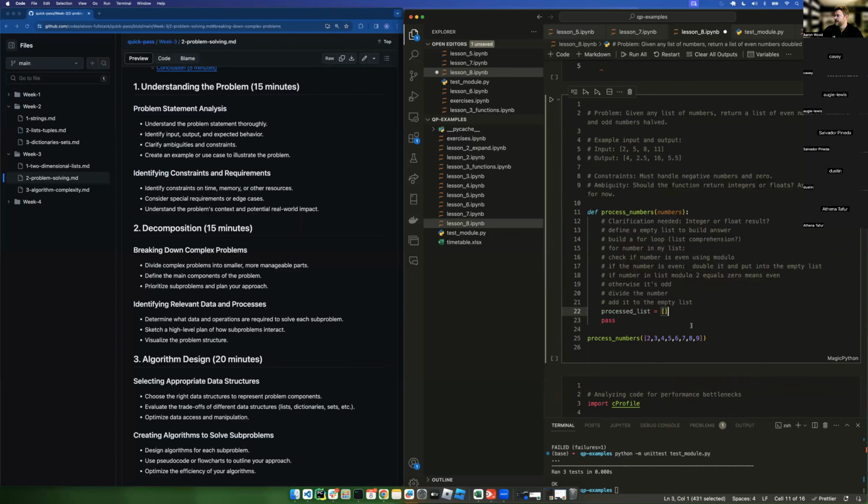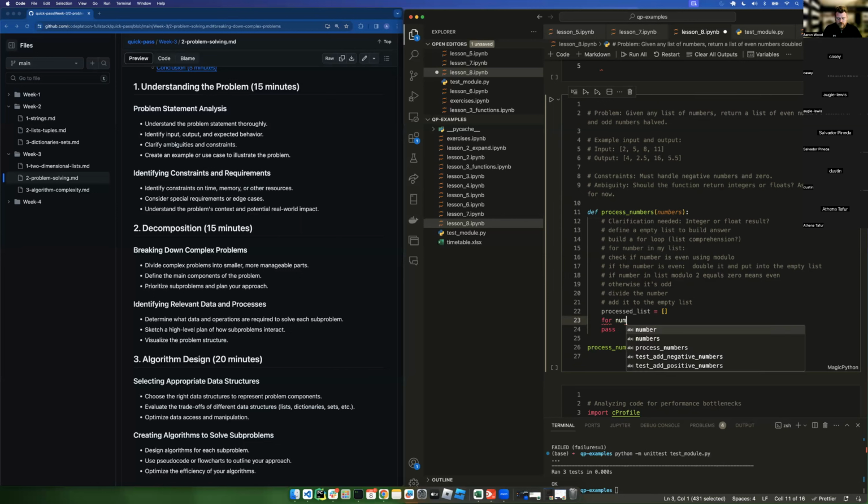Sorry, keep scrolling. So next we need to build a for loop. So let's build this for loop. Let's do that, and then we'll take a break and pause on this problem. So, build a for loop. I can say, okay, well, for number, that's a good temporary variable name. So number in, and of course we know that our parameter in the function is going to be numbers. So for number in numbers,